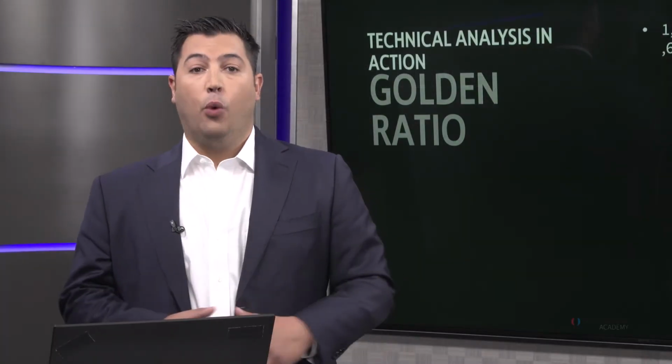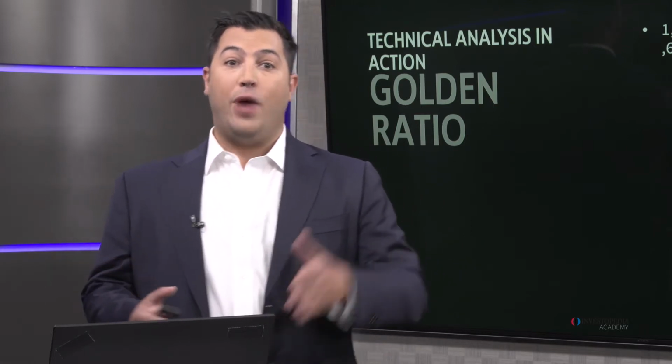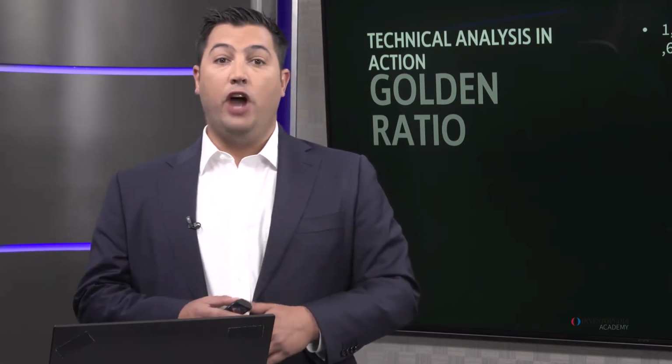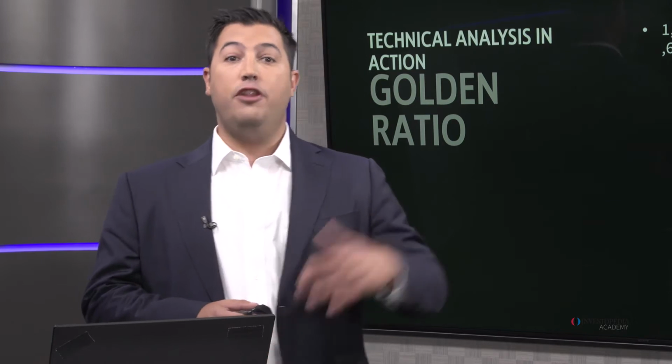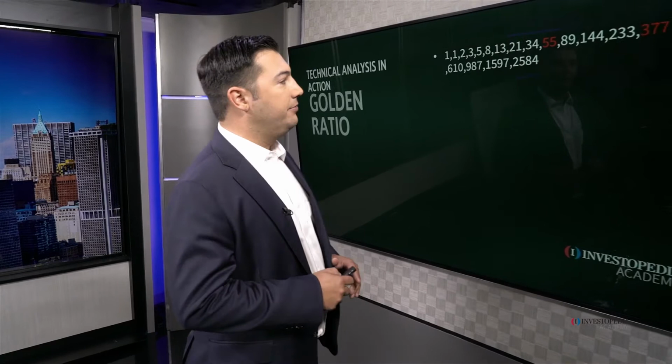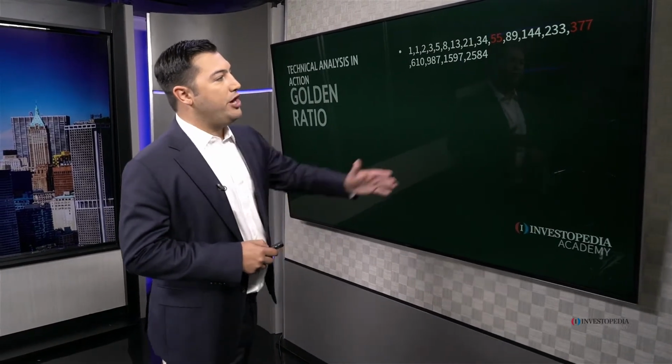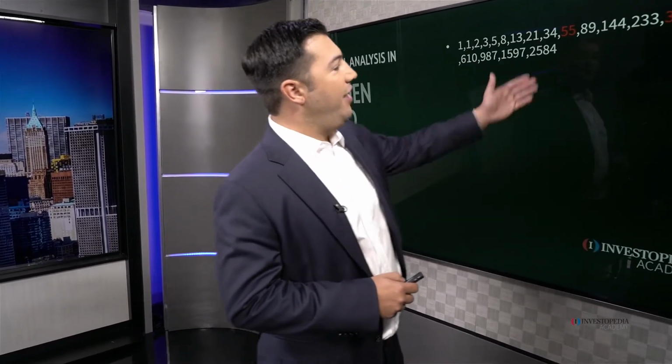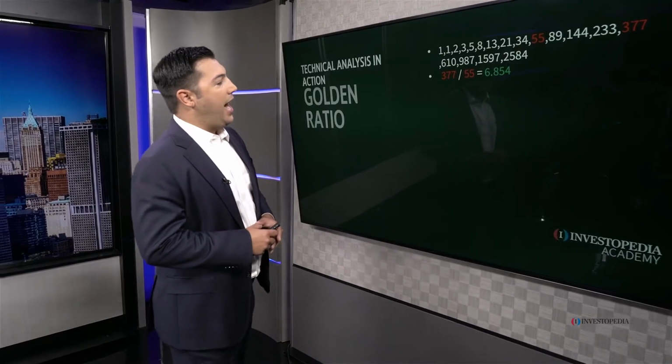We can keep going. We've already divided each Fibonacci number by the number directly to the left. We've done it 2 numbers to the left, even 3 numbers to the left. So let's keep going. What happens if we divide each number in the sequence by the number 4 spaces to the left? In this case, we're looking at 377 divided by 55, and it's going to give us